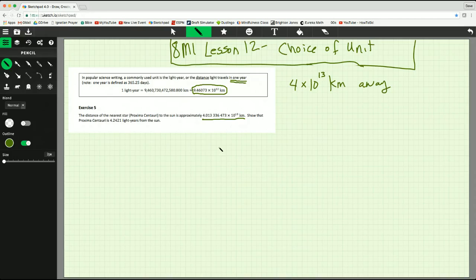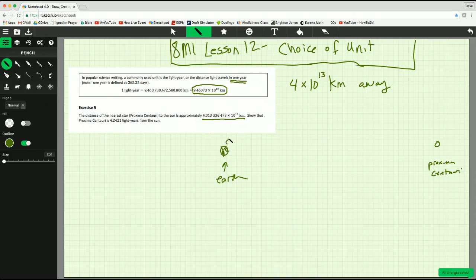So we're going to say, how far does light travel, or how many light years is this star away from Earth? So let's make a little picture here. So here's Earth, here's our Earth. Here's North America. Here's Europe. This is Earth, and here's this star way over here called Proxima Centauri,